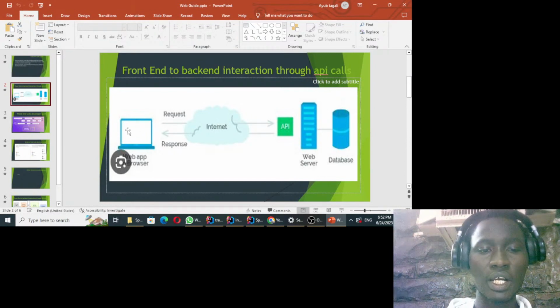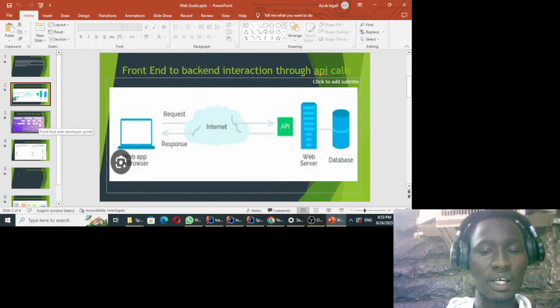If you are a front-end guy, you are responsible for designing this user interface, buttons, button clicks, and all this, and ensuring that you are able to communicate with this backend by sending the request and receiving the response. We are going to see, in a very short while, how we can send this request. Now this is the internet that is connecting you over the World Wide Web. So that is a typical diagrammatic interaction between the front end and the back end.